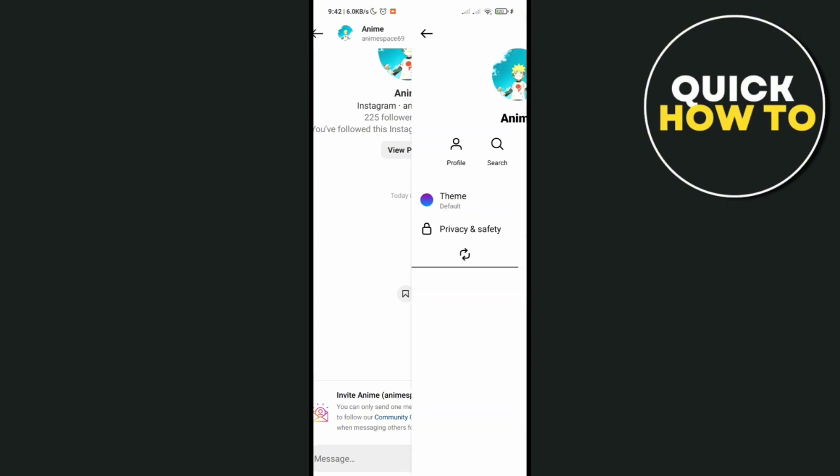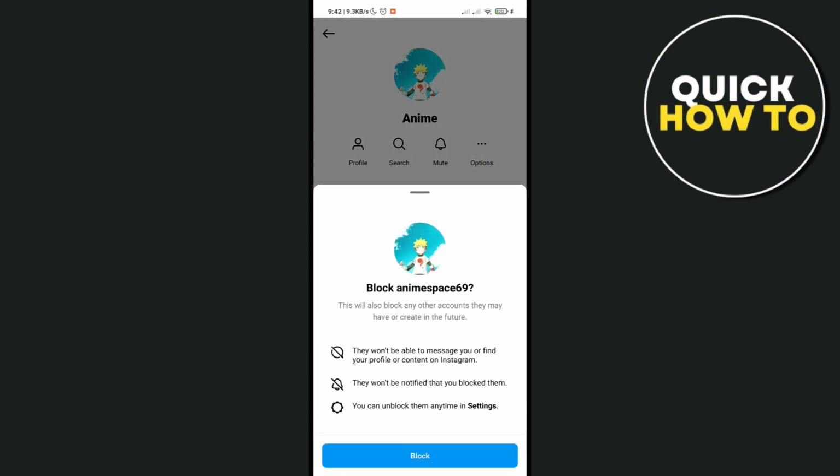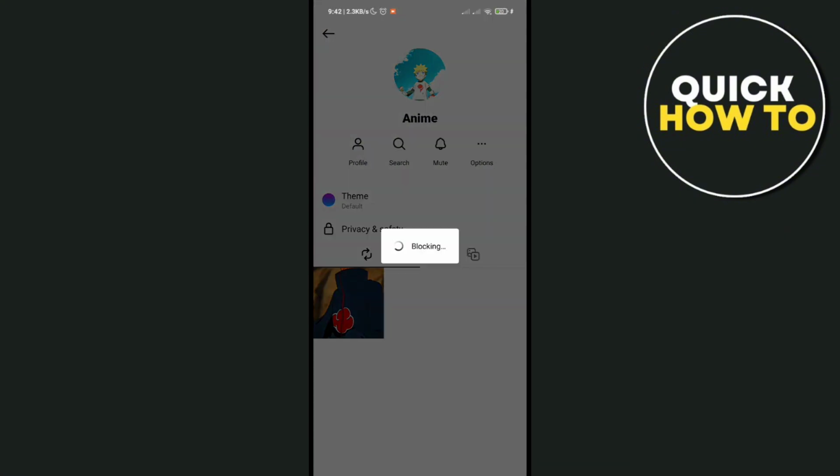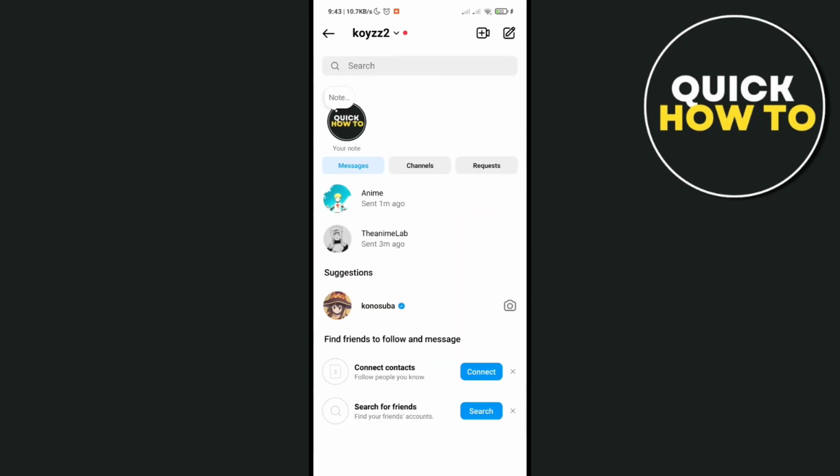Okay, and then you'd be able to see these options. So just click on the options. When you do that, you'd be able to see restrict, block, or report. Now you just have to block this user or restrict this account. So when you go ahead and click on block, then let's go back to our news feed